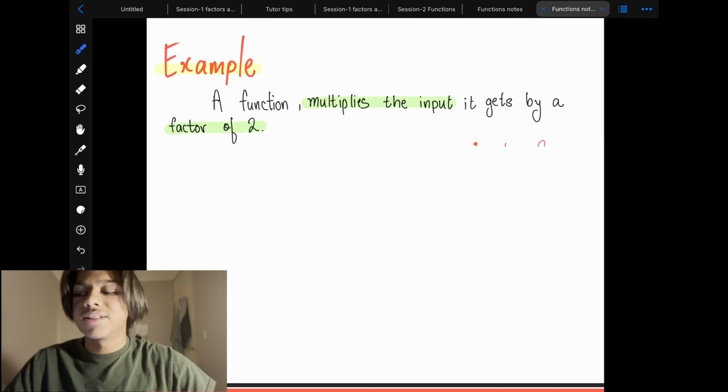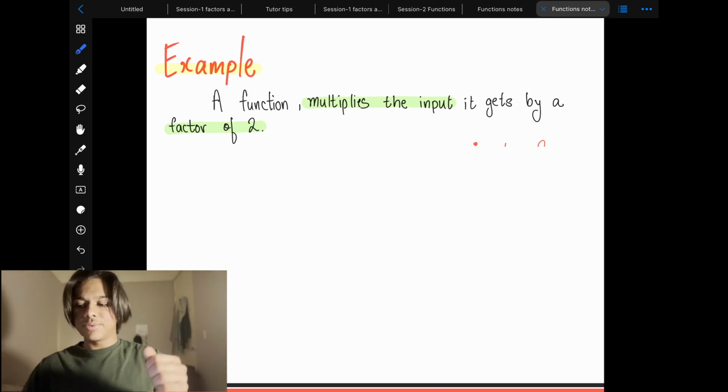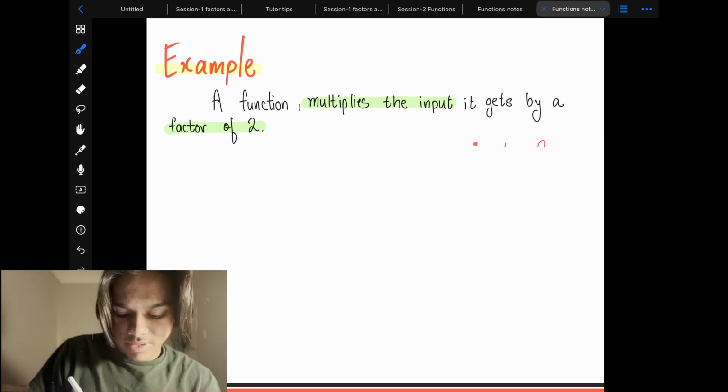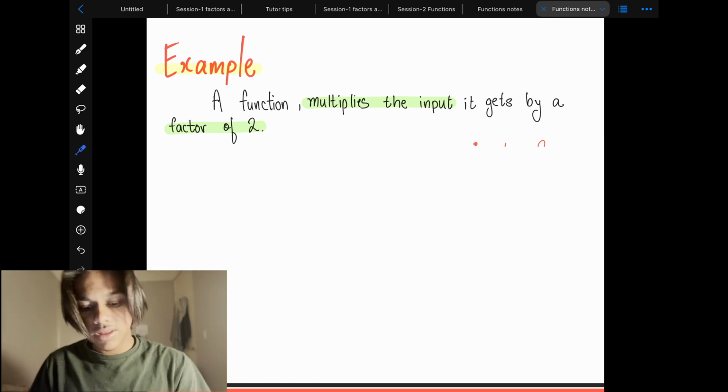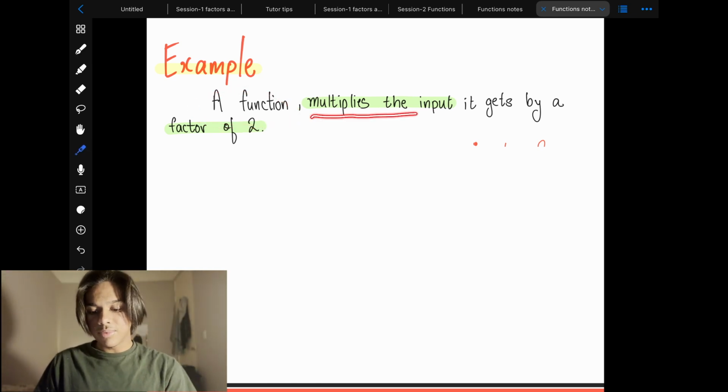Alright, now let's take a look at an example. We know that a function takes an input, processes it, and changes it into an output. How does it do it exactly? Let's learn by an example. What we have here is a function that multiplies the input